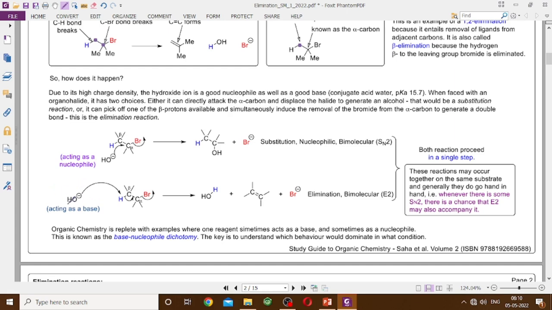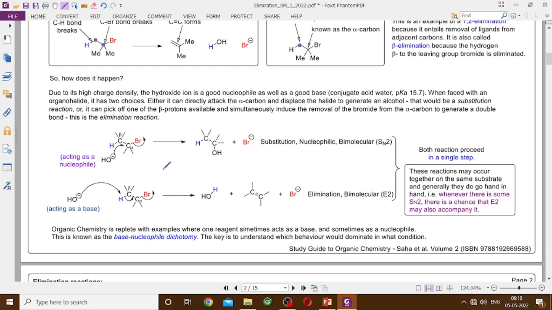এই যে কোনো একটা স্পিসিস হাইড্রক্সাইড, সে কখনো বেস হিসেবে কাজ করছে, কখনো নিউক্লিওফাইল হিসেবে কাজ করছে, এটা অর্গানিক কেমিস্ট্রিতে বহু জায়গায় দেখতে পাওয়া যায়। This phenomenon, that is the base-nucleophile dichotomy, which is essentially saying that what can act as a base can also act as a nucleophile and vice versa, is a very important concept, and elimination substitution